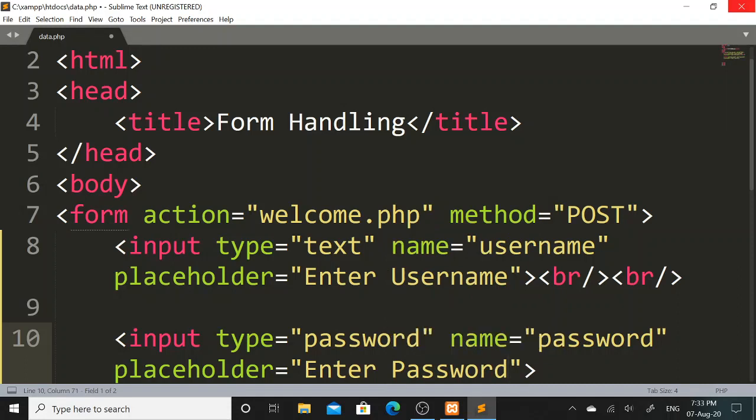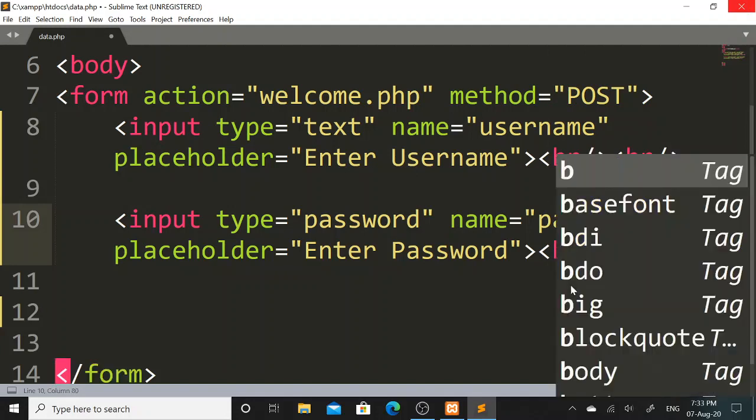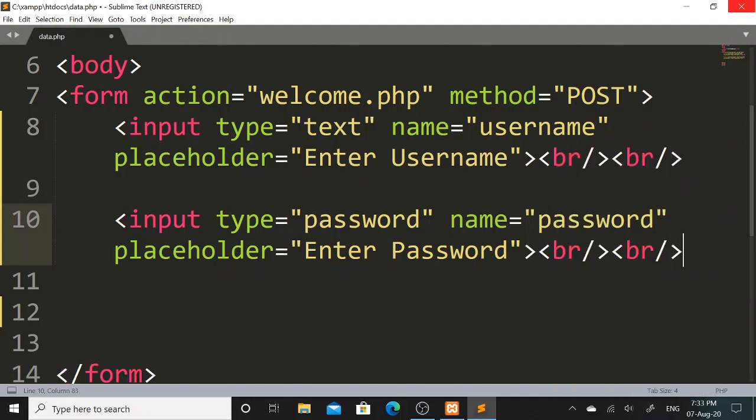Again the user will understand that in this text field the user must enter their password. Again here I will mention the br tag to make my next web element appear on the next line in my web form.